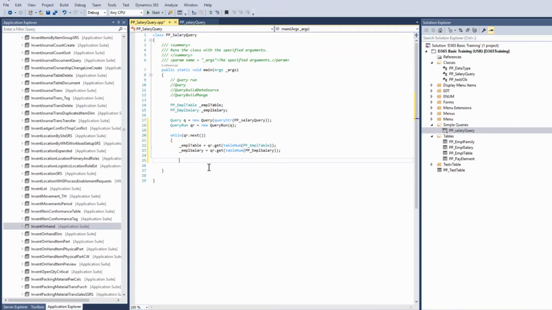Now I will give the info command to print the employee salary.